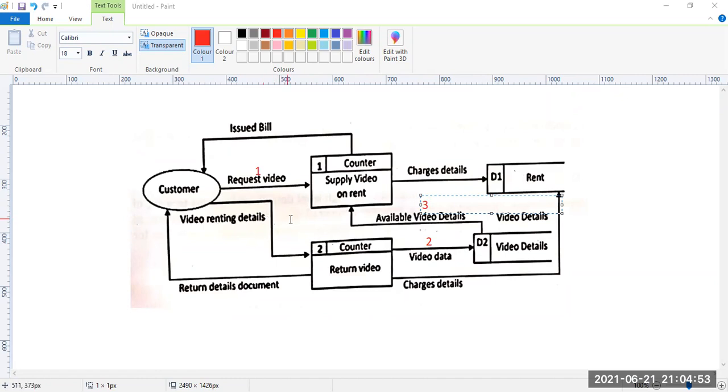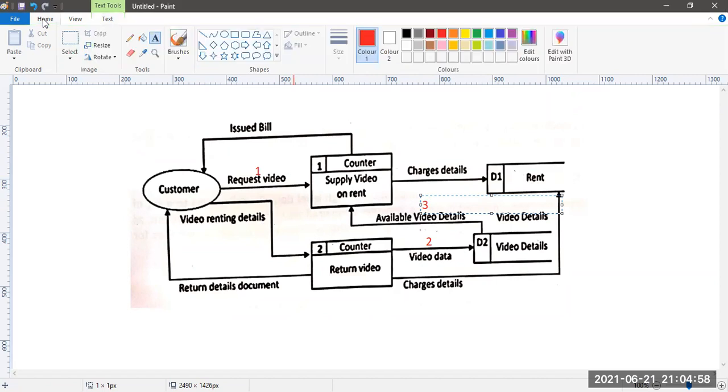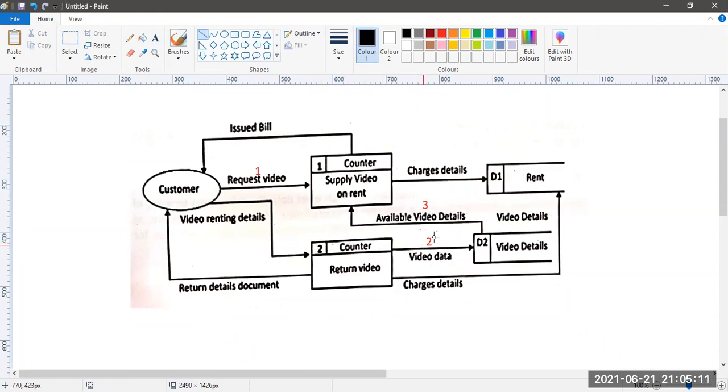He is getting the available video details, and he should give that to the customer, shouldn't he?